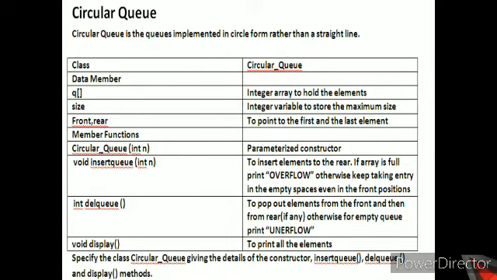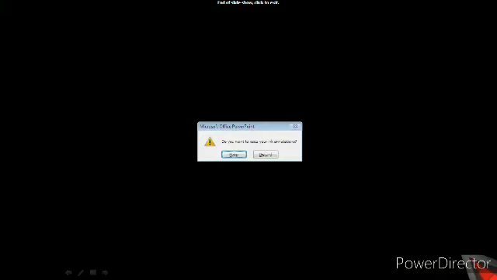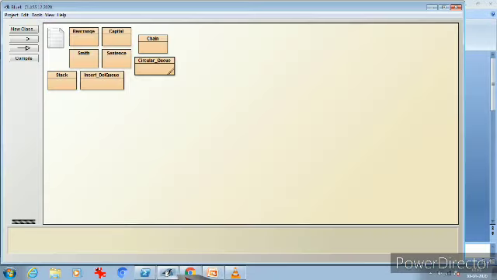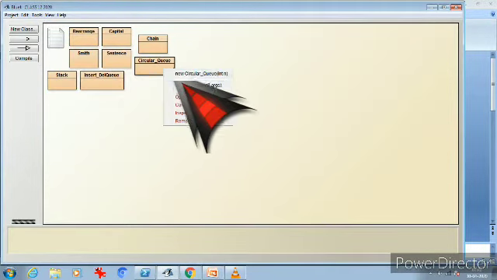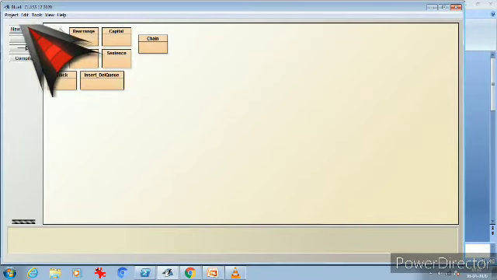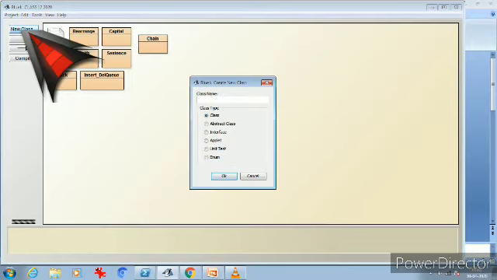Now let's move back to the question and solve it. I did one program of circular queue earlier, and I'm going to do it again completely. So I'm removing it and making a class with the name circular queue.